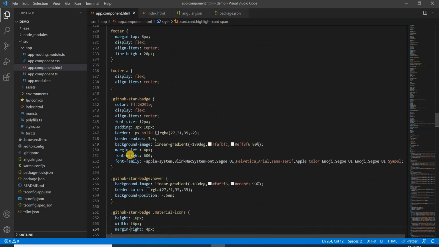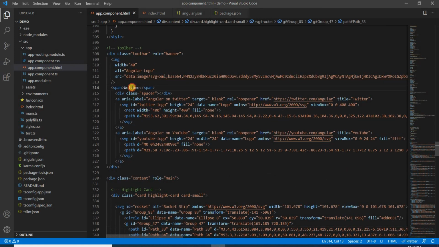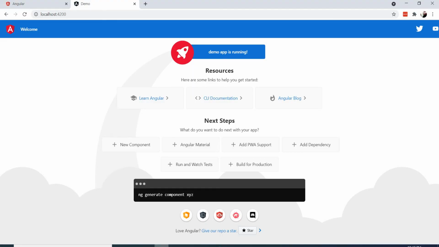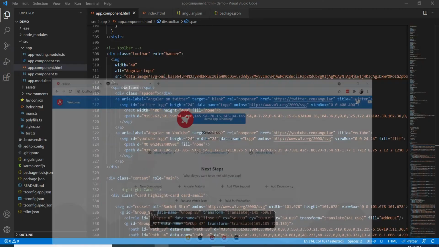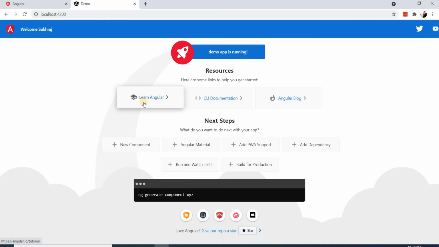If I scroll down, see, welcome is written here inside the span. If I want to change it, let me say here welcome Sukhraj, save. When I save it with Control S, it will automatically rebuild and compile it, and see, changes are reflected here.